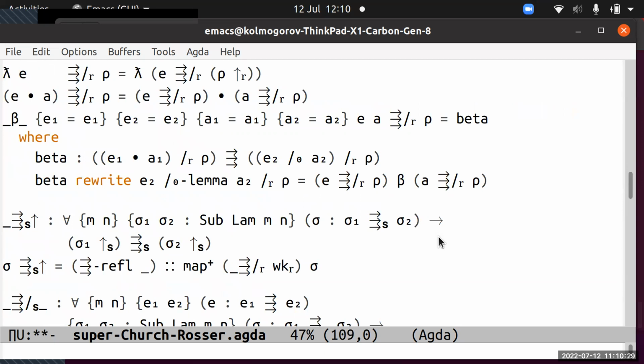Oh, but there's something interesting to say, which is that if you have a beta redex, and now here's the full horror. Here's beta saying, I'm going to give you a beta redex, but I need names for all the arguments, not just the two proofs, but all the terms. What's it going to be? Well, it's going to be some term defined by a lemma, a where clause, which does a bit of rewriting. Trust me, I'm a doctor.